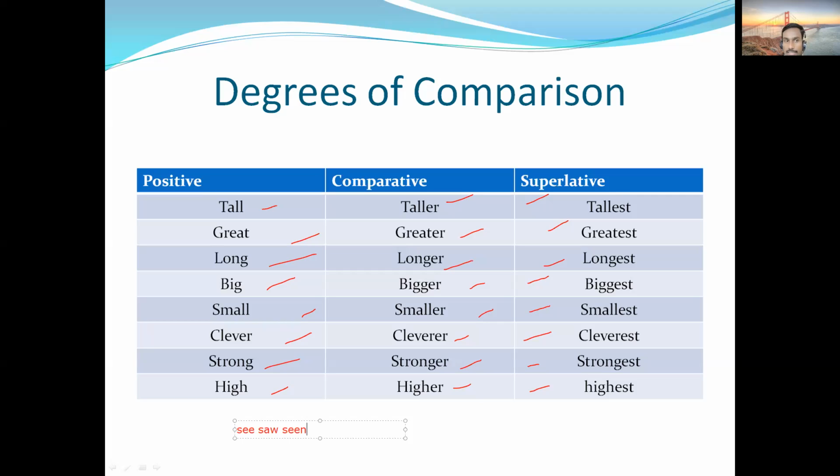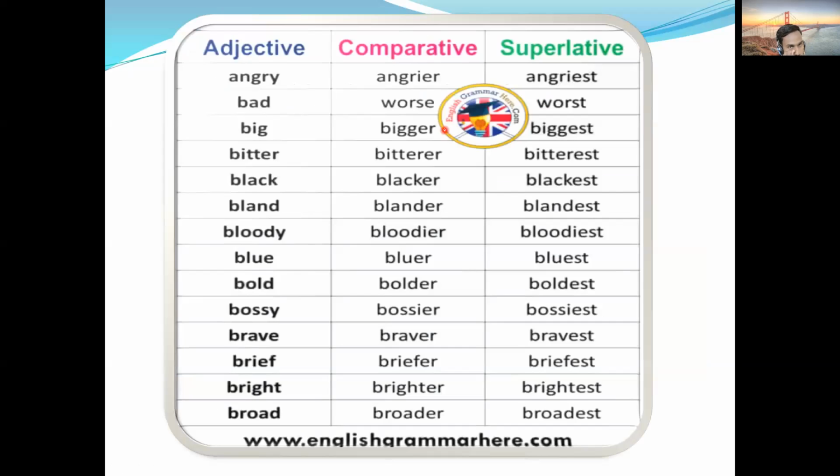You people have to understand this, and just make a separate list of three forms of verbs and a separate list of three forms of adjectives. So you can find more and more. And yes, low, lower, lowest is there. There are so many that I could not cover here in today's session. So maybe you people just make use of the internet also and try to find a list of these.